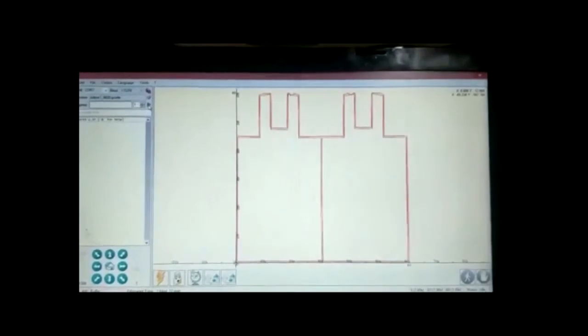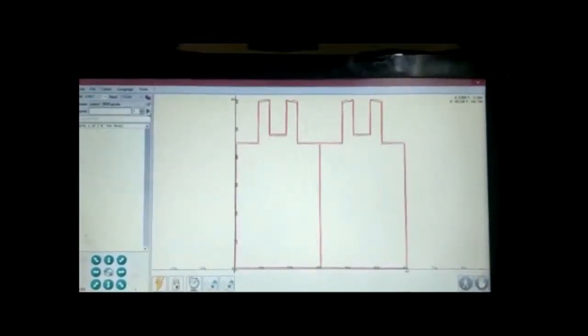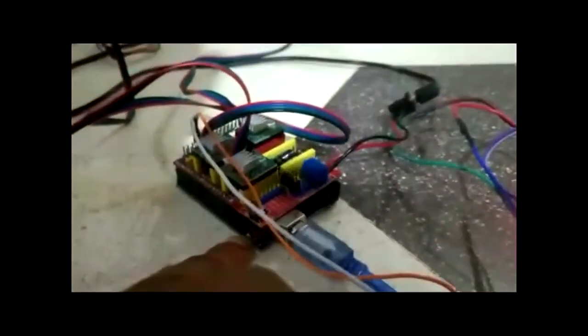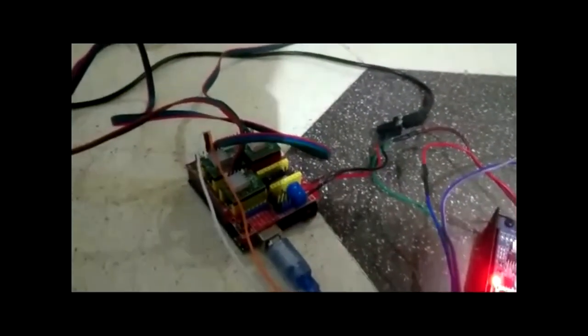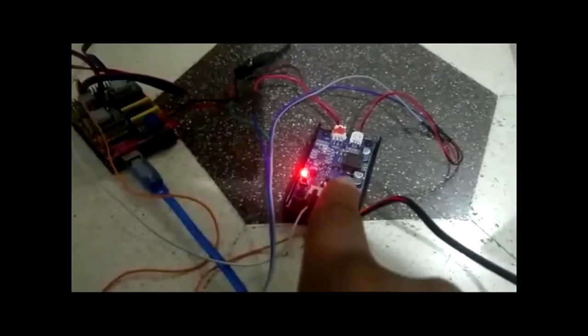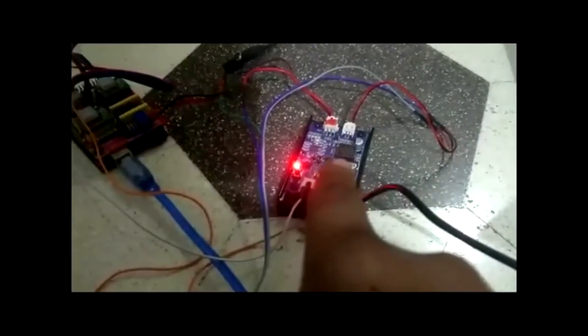This software sends signals to our Arduino board, which is here, on top of which there is our CNC shield, and on top of which these 1, 2 and 3 are our stepper motor drivers, which drive the stepper motors. Besides this, the board also gives signal to our TTL board, which then gives signal to turn our laser off and on.